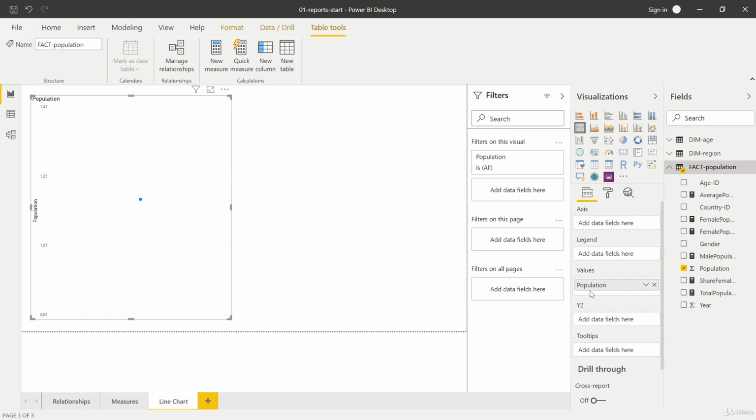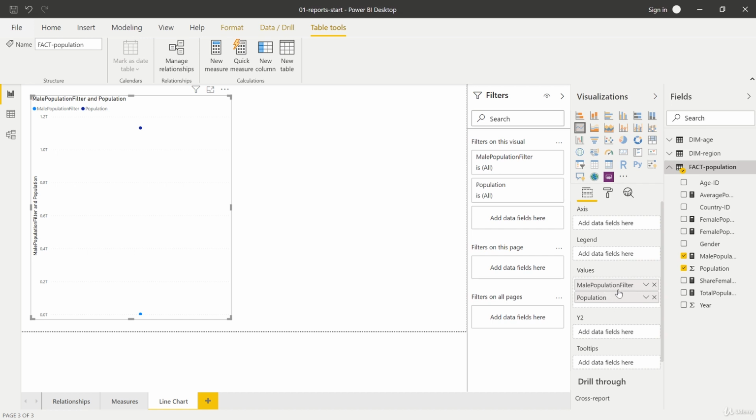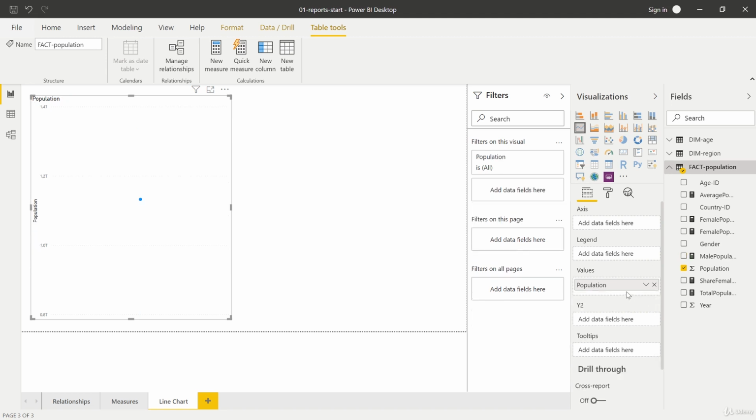In case a wrong field was added, you can just move it out of where it is like this and move it back. Or you can also add another field, here the male population, for example, like this, above or below the field that you added to that corresponding area. And then you can also delete it if you don't need it. For example, here, the male population is not what we want. Therefore, we can simply click onto this X. Therefore, we are back with our population field here. So that's an important interaction. You always have this fields column and then the areas where you can position this data inside your visual in the end.